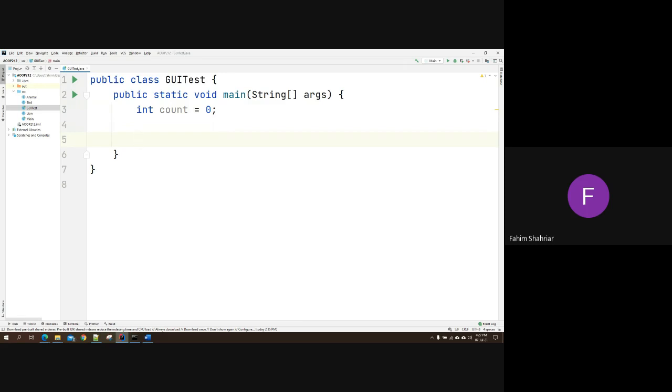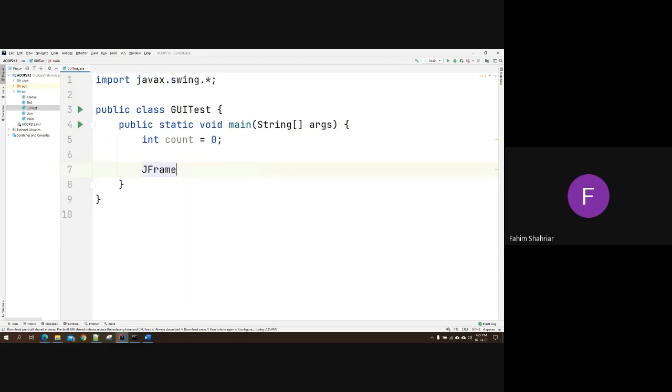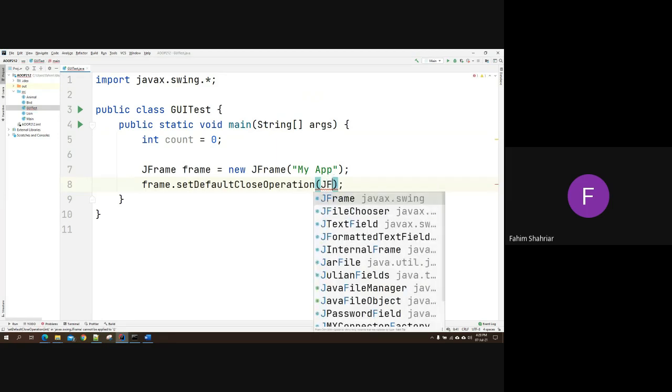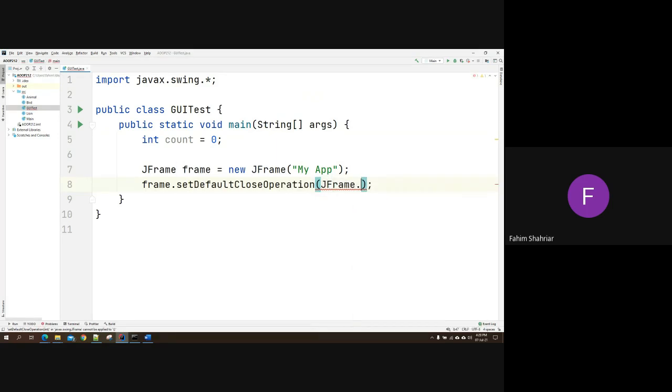We need to create a JFrame. If you remember, JFrame frame equal to new JFrame. It's fine if you don't remember, because we won't be using this in our lab actually. We will be using JavaFX. This is just for reminding. Say we have a new JFrame, my app, frame dot set default close operation, JFrame dot exit on close,